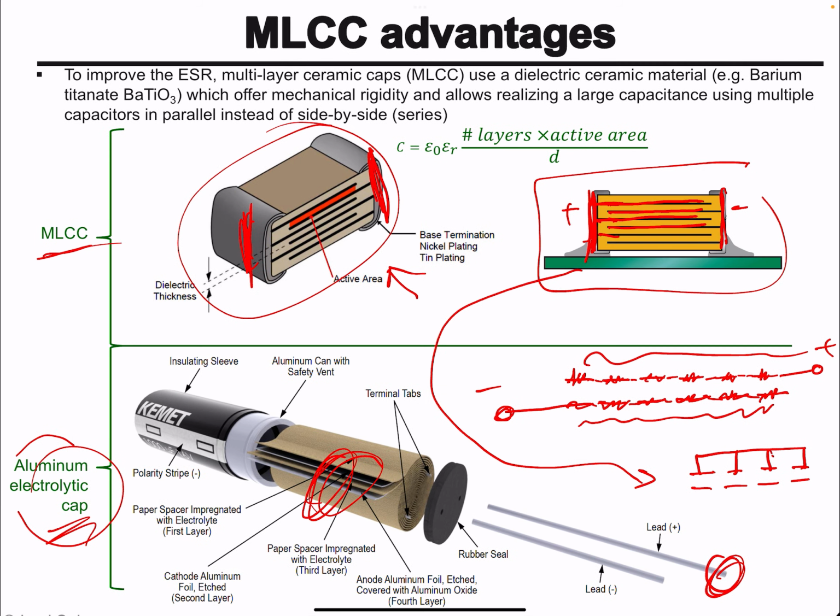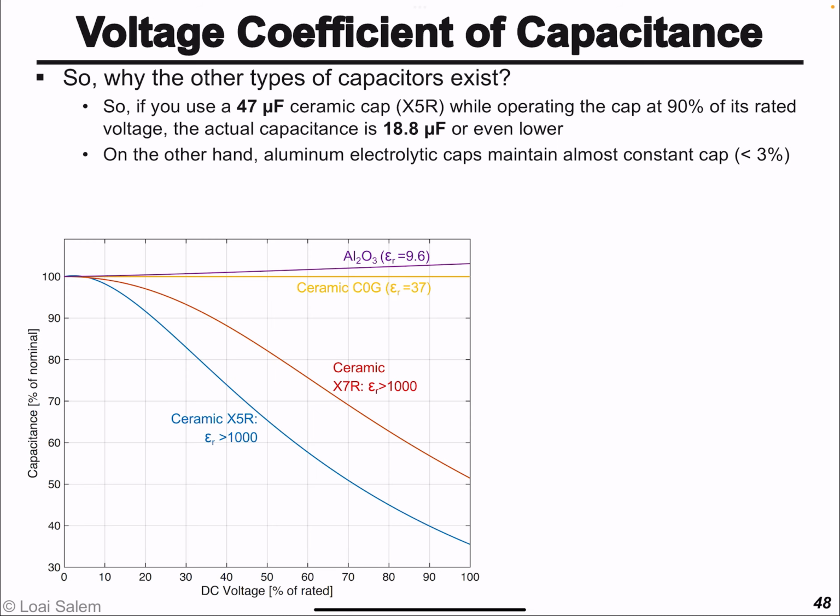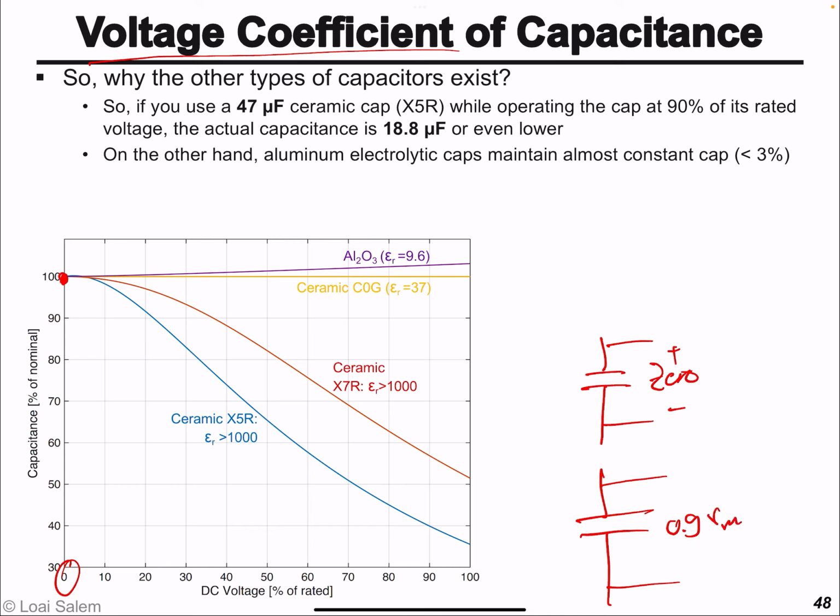So why in some applications do we prefer the aluminum electrolytic capacitor? Well, it's related to what's called the voltage coefficient. And what does that mean? Well, if you have a capacitor and you apply 0 volts across its terminals, you will get this capacitance at 0 volts. Now, if you take the same capacitor and apply across it 0.9 Vmax, where Vmax is the maximum voltage it can handle, or its rated voltage, you will find that at 90% or 0.9,